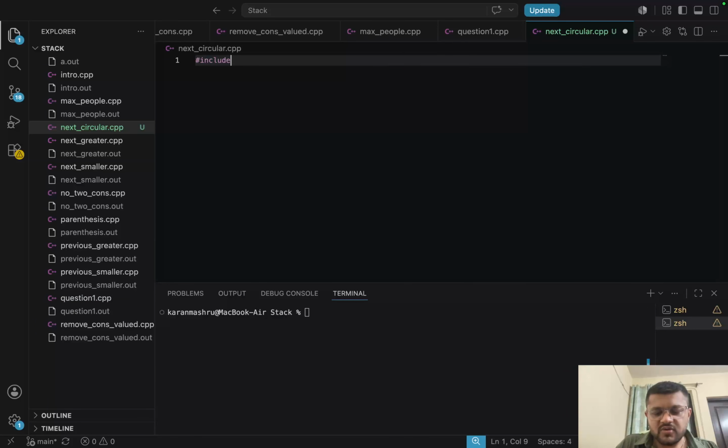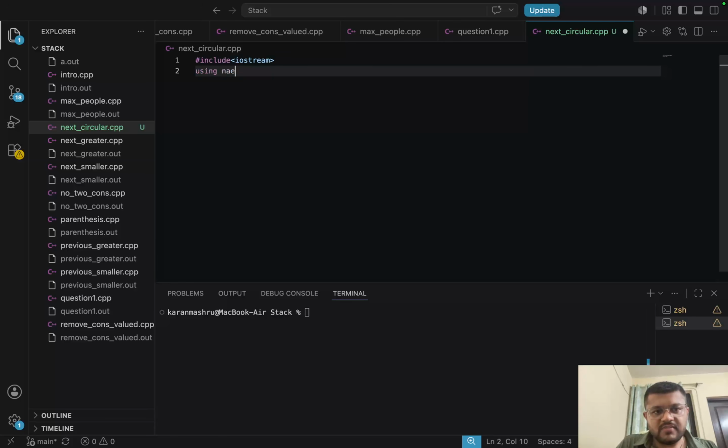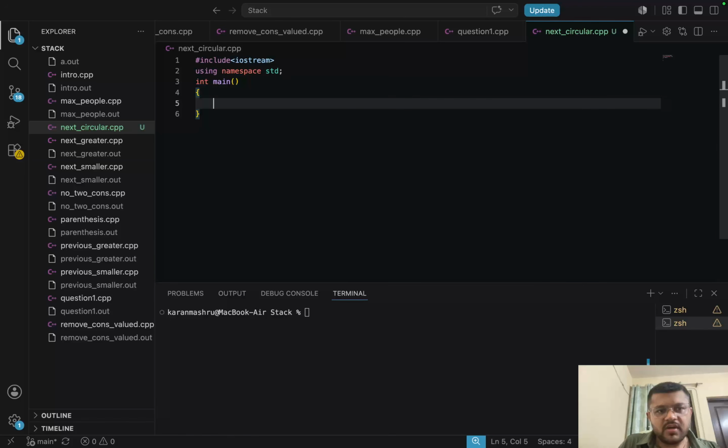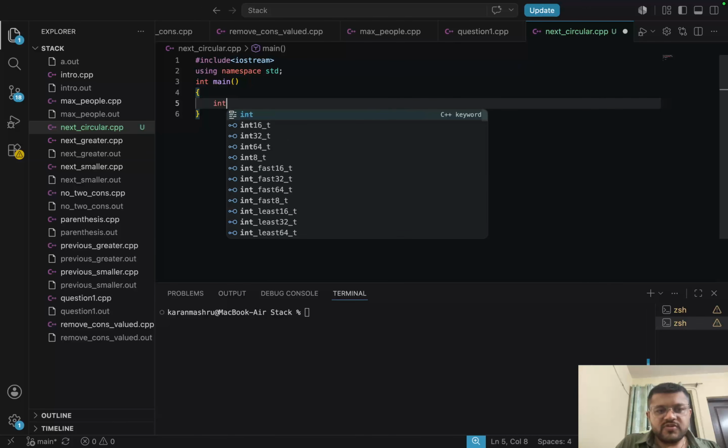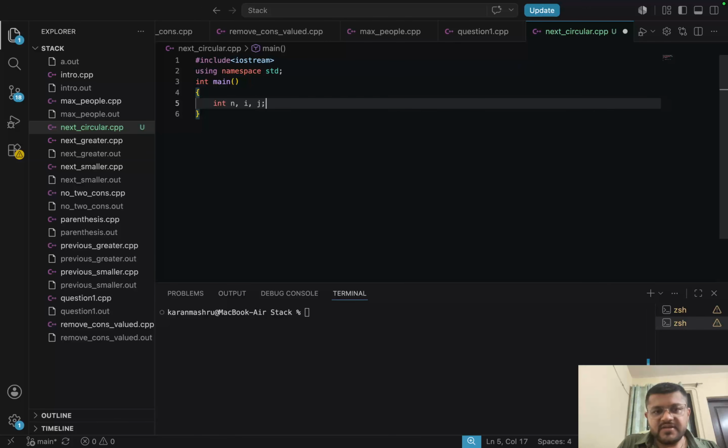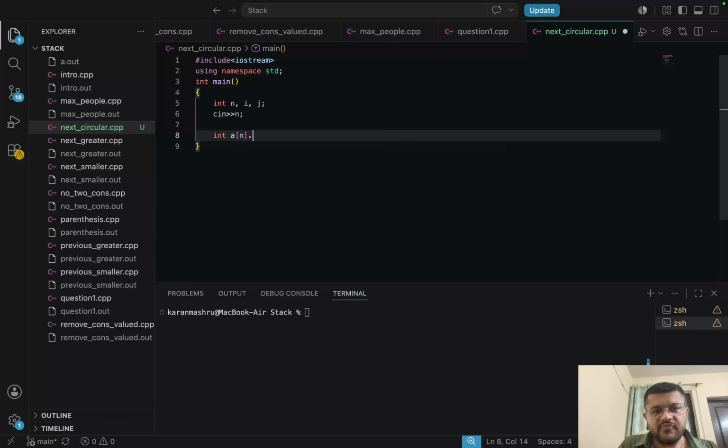So I would say include iostream, using namespace std, int main. First I would have n, that is number of elements. I'll take the value of n from the user, then I would take a of n, and then answer of n.